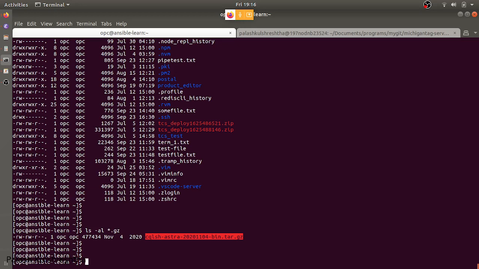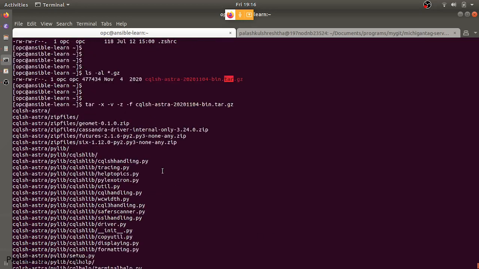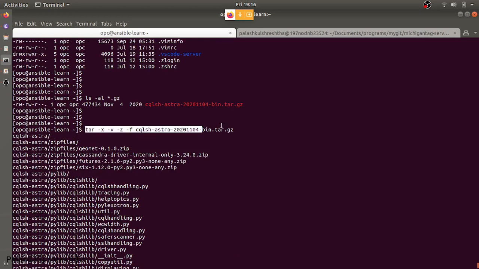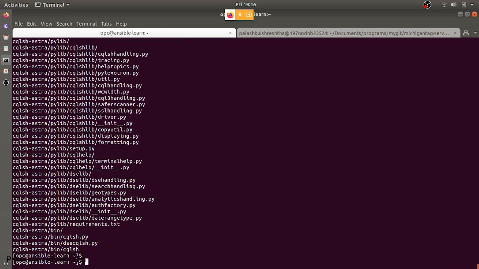To unzip these tar files, we have a utility called tar, and we have to give -x -v -z -f, and we have to give it the gz file that we want to unzip, or as we can say, the gz file that we want to untar. Let's try to do that.